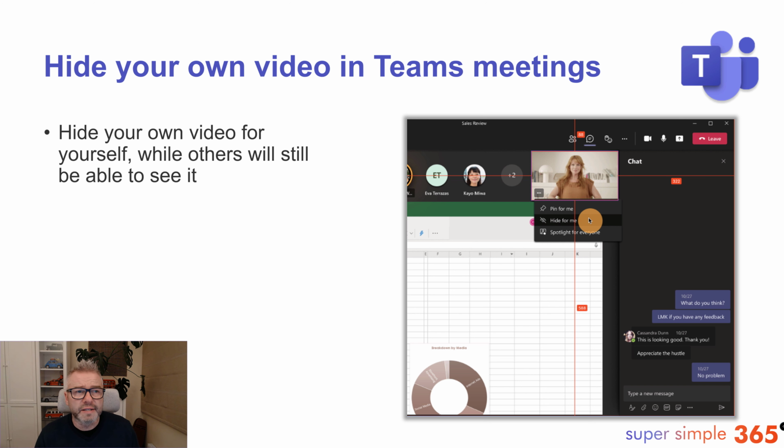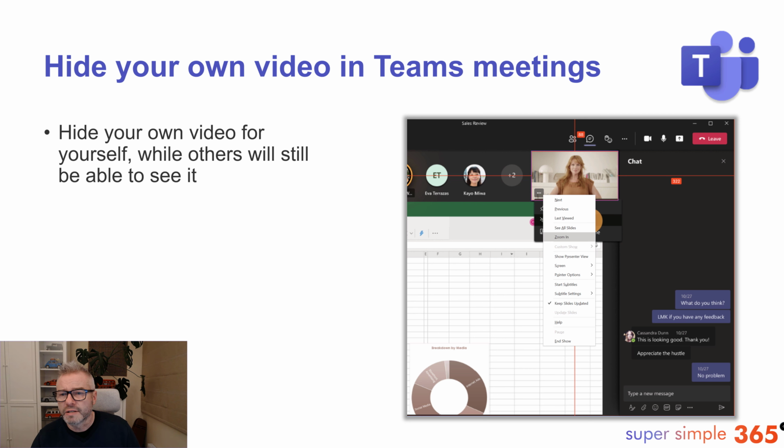Almost the opposite of that is the ability to hide your own video feed in Teams meetings. So this is all about the overhead of a Teams meeting. So we get a lot of Teams meetings. Some people just find all the video feeds, the chat, looking at what the person's doing, and then worrying about their own appearance and everything else. They just find that there's just too much going on, and people get a lot of fatigue and get tired of the meetings, and it's just that constant overhead. So this allows you to hide your own